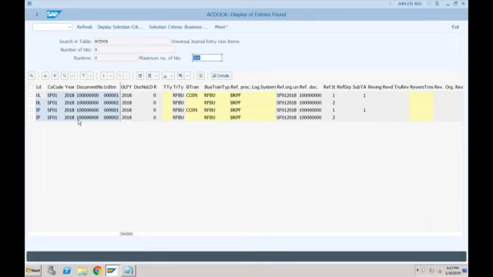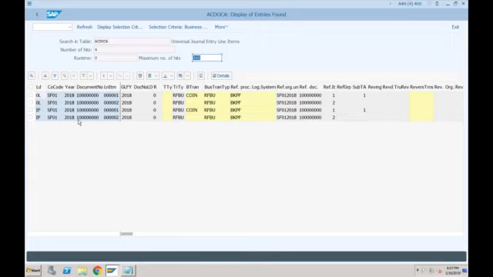In case of ACDOCA, it holds not only the leading ledger, it holds the data of each and every ledger. You can see it is holding the data for IFRS also. If you activate more ledgers, it will show that many line items.